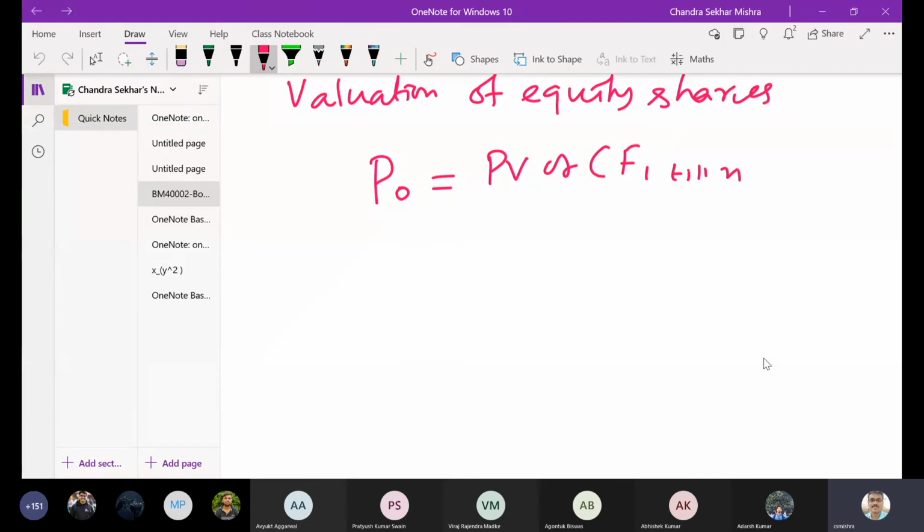That's why valuation of equity shares is a very complex subject. Complex means a lot of variety of formulas are there. Valuation of a bond has simple one value only: the present value of interest plus the present value of principal. Bas. There is no second formula in the world for a simple bond. But for valuation of equity shares, you don't have that.